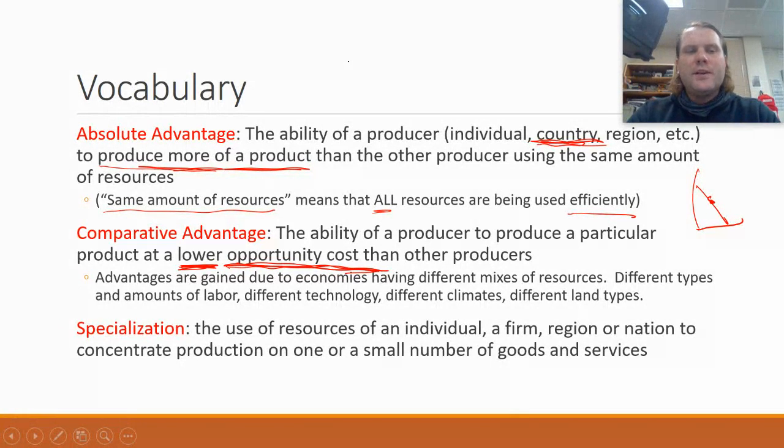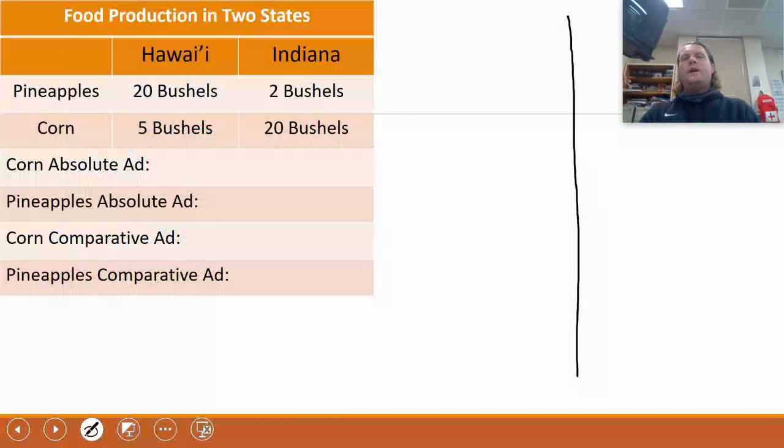And the last thing is we'll throw the term specialization around. What we'll get to is we're going to say that between two countries, the country that has the comparative advantage in producing one product or the other is going to specialize in producing that product, and then from there we're going to figure out a way to trade. And we're going to prove that before we get you off here today. Like I said, the best way to get the hang of this stuff is just to go through some examples, and we're going to get right into it.